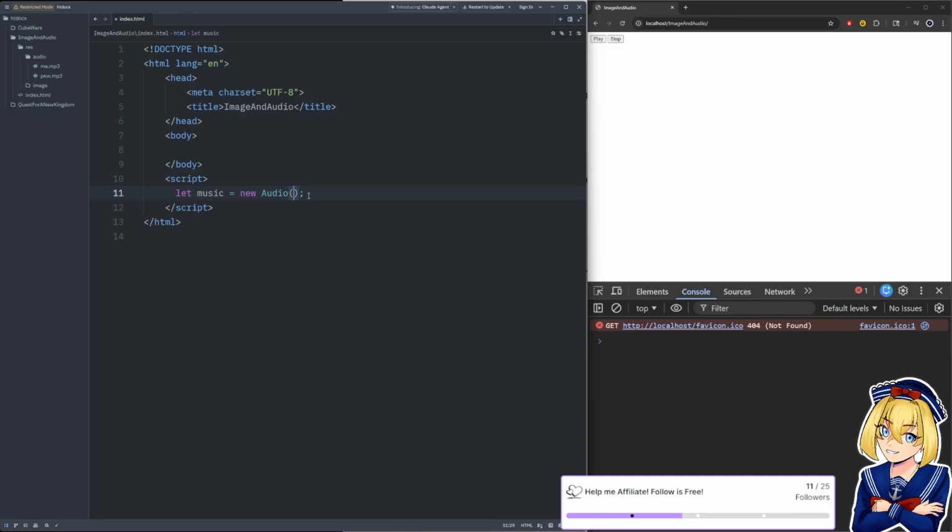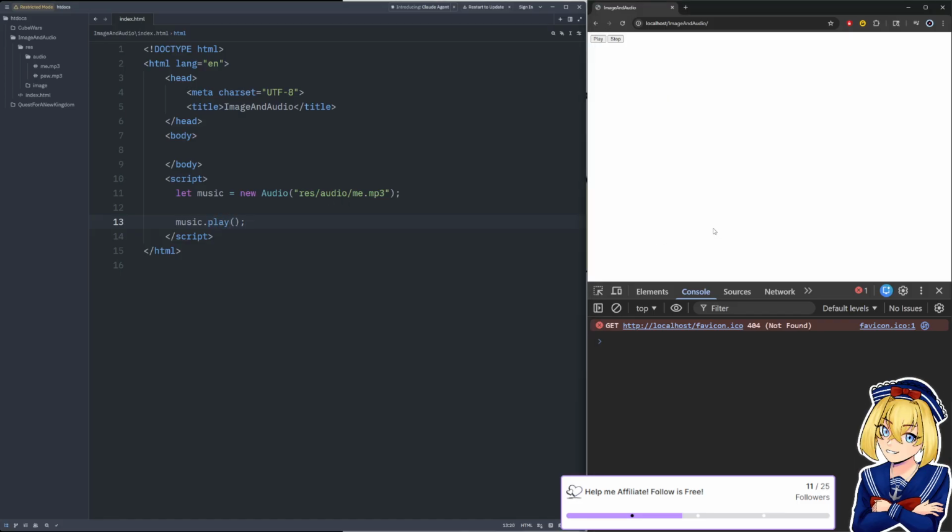It's already part of your default libraries. What it takes as a parameter is the location of your audio clip. So we're gonna say res/audio/me.mp3, right? And then we can say music.play.